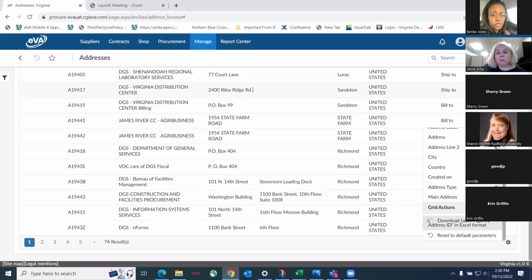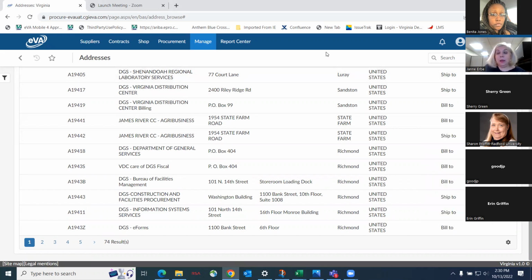So from here, we've talked about addresses. We've talked about searching, creating, editing, how to delete or kind of deactivate. And then we have talked about how to export the data. So that's really quite easy. And it's very, very similar to what we're doing today for addresses. Now let's talk